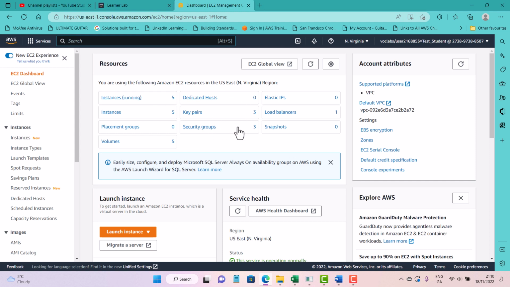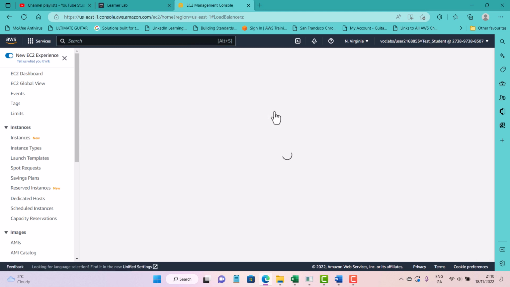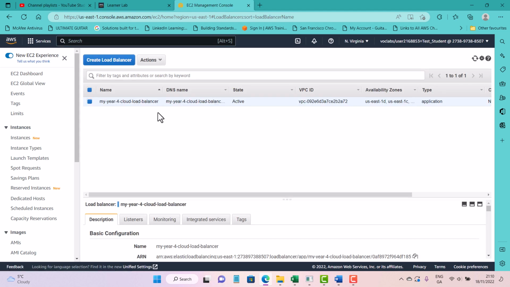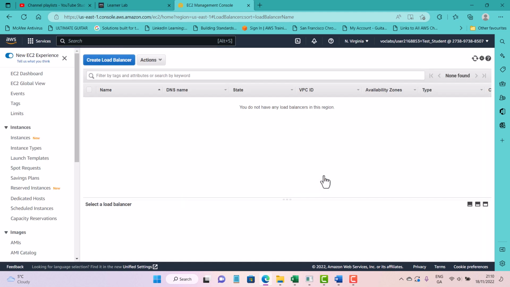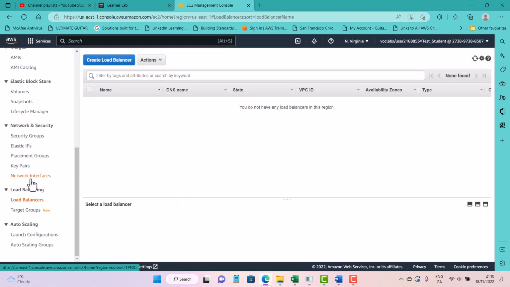You see I have some key pairs and some security groups. I do have a load balancer that I made the other day. Let's go take a look at my load balancer. Actually, I'm going to get rid of this one because I'm going to make a new one. So goodbye, load balancer. Now, the load balancing section is down here, and then we're going to be using something